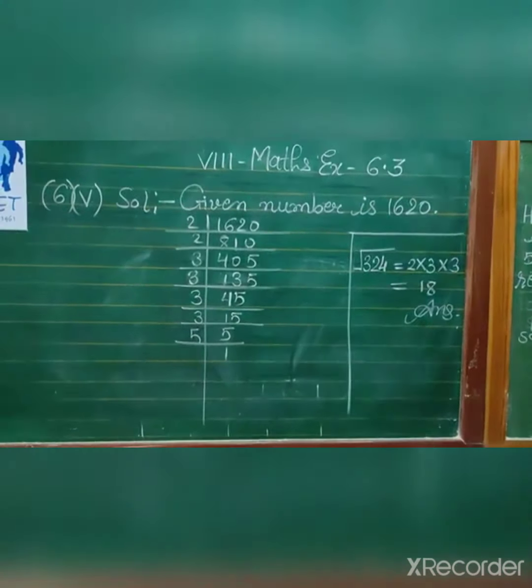Now 2 fours are 8, and when you bring down 1 the division is not possible, so you put 0. And 2 fives are 10. Then 3, because the sum of the digits of this number is 9. So 3 ones are 3, 3 threes are 9, 3 fives are 15, 3 fours are 12, 3 fives are 15, 3 ones are 3, 3 fives are 15, 5. So 2 times 2, and 4 times 3, and 1 time 5. Okay, written here you can see.